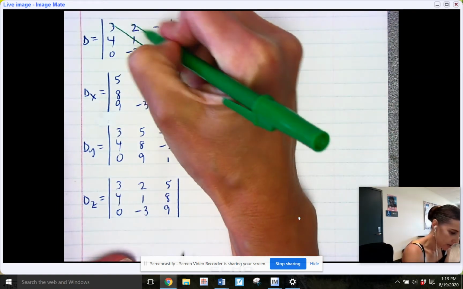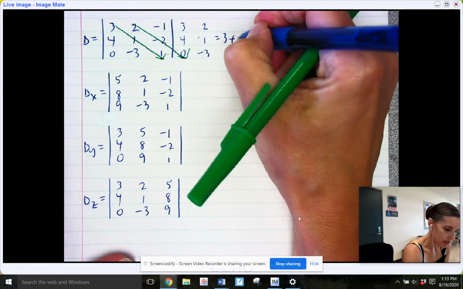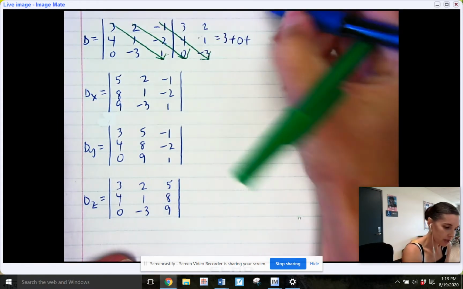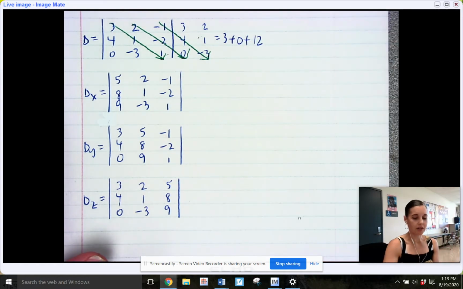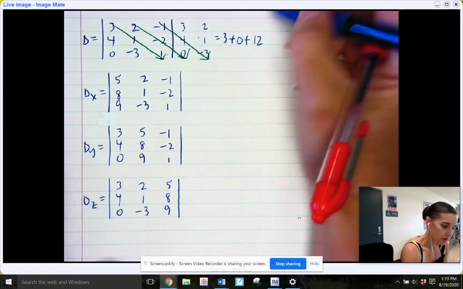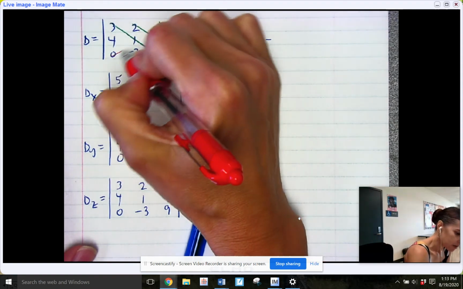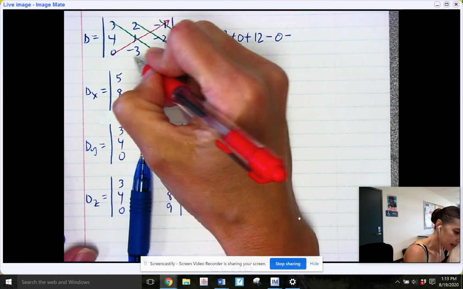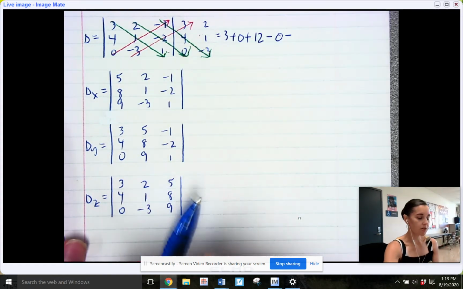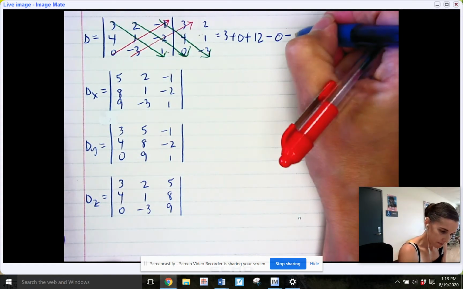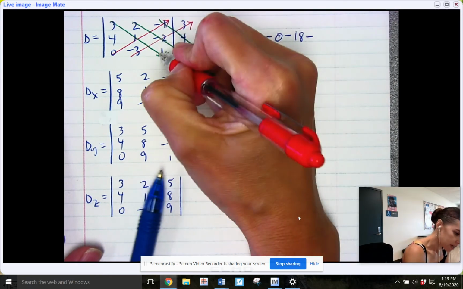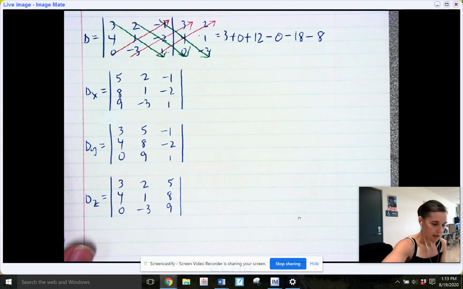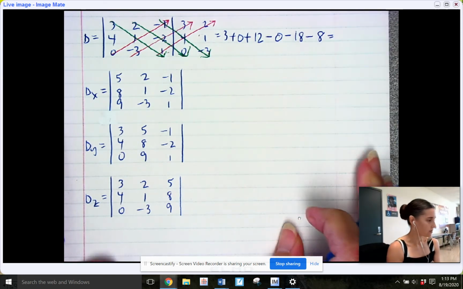Plus a 2 times a negative 2 times a 0 is a 0, plus a negative 1 times a 4 times a negative 3 is a 12. Okay, now we're going to go in the opposite direction. So I'm going to put a minus, and then 0, 1 times negative 1 is 0, minus negative 3 times negative 2 times 3 is 18, minus a 1 times a 4 times a 2 is an 8. All right, so now if I add all those together,